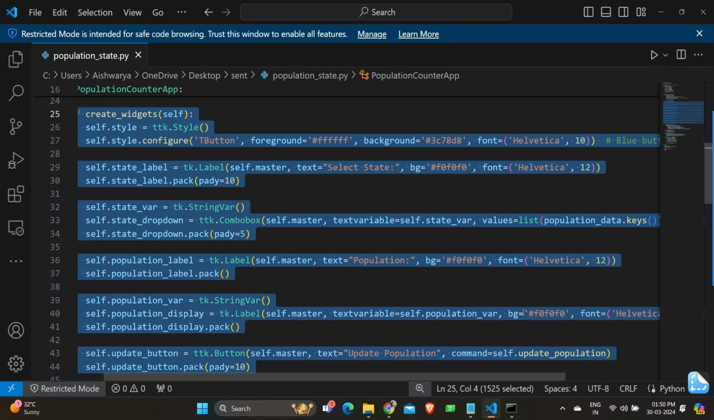And we have self.state_dropdown.pack(pady=5). This line uses the pack geometry manager to place the state dropdown widget in the main window with some padding as 5. And we have self.population_label = tk.Label(self.master, text="Population", bg="#f0f0f0"